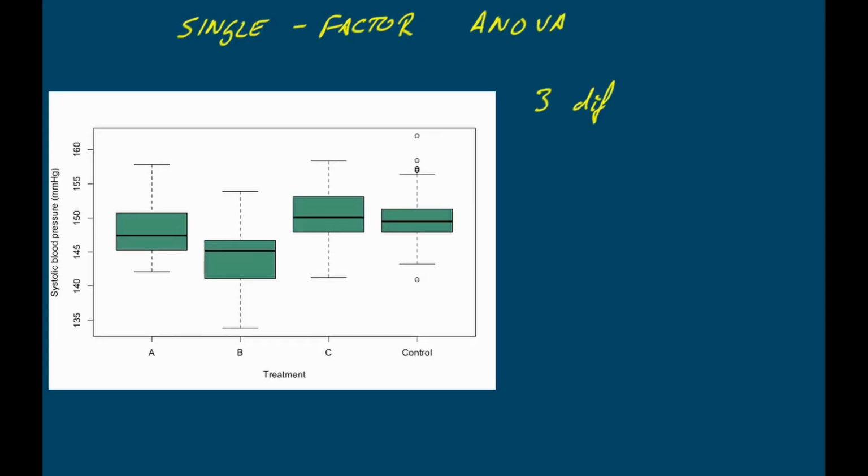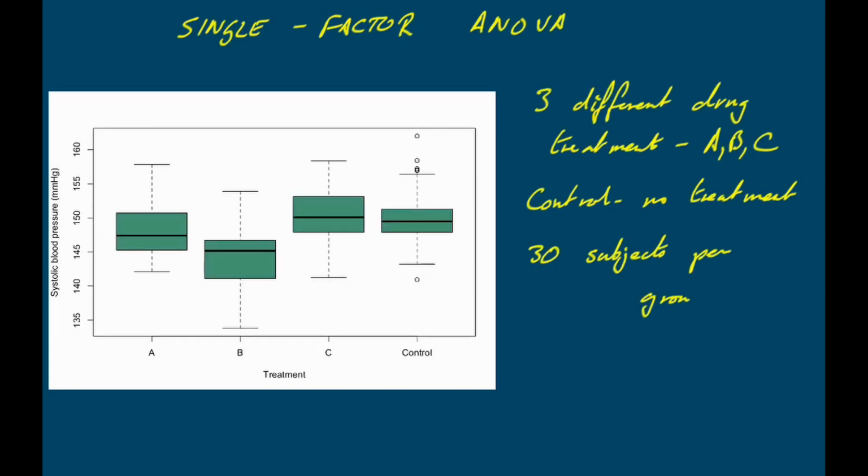This is going to be a single factor ANOVA, and this is just an example that I've made up. Let's say you're looking at drug effects on systolic blood pressure. You've got three different drug treatments, A, B and C. You've got a control, which is no treatment. You've got 30 subjects per group. You've given them all either A, B or C or a placebo for the control, and you've measured their systolic